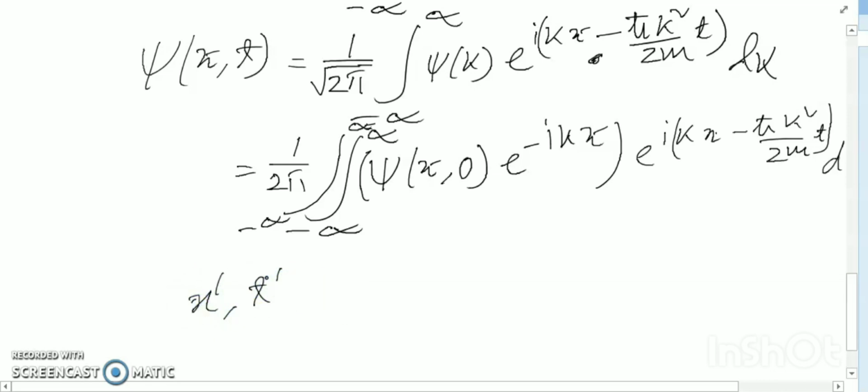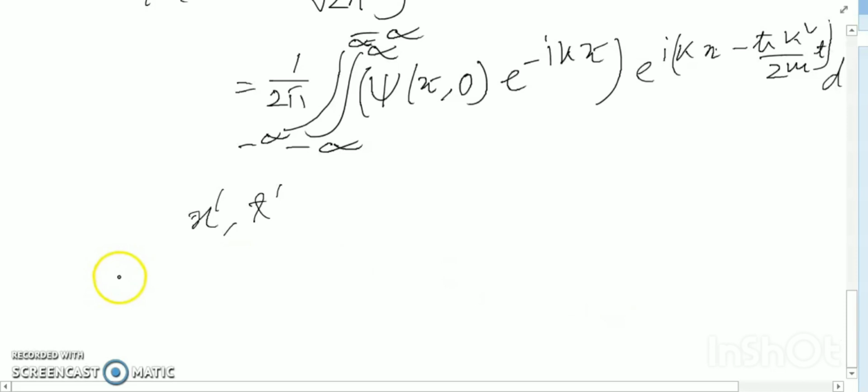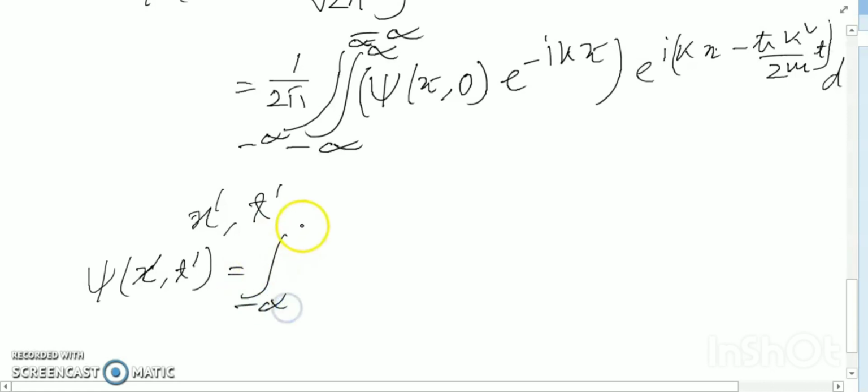So in this case, we can say that psi of x dash comma t dash equals the integral from minus infinity to infinity,